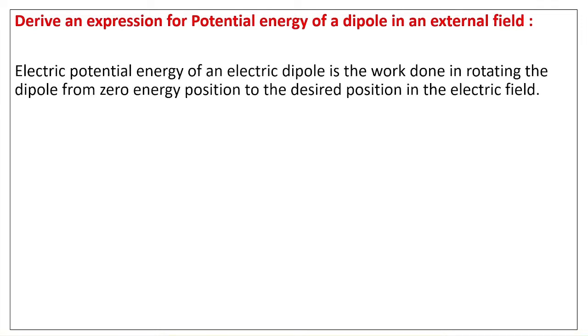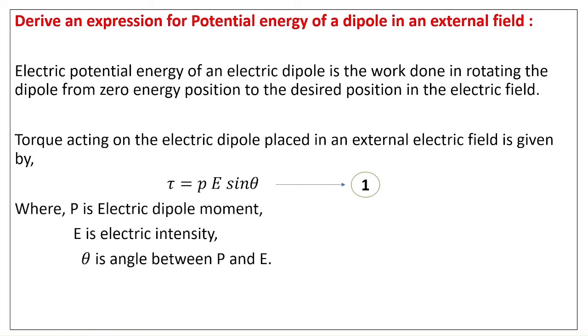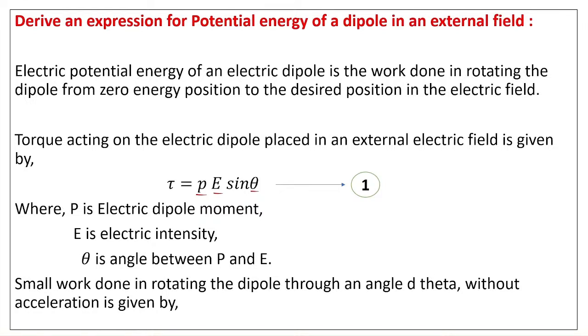Electric potential energy of an electric dipole is the work done in rotating the dipole from zero energy position to the desired position in the electric field. Torque acting on the electric dipole placed in an external electric field is given by τ is equal to PE sin theta. Mark as equation 1, where P is electric dipole moment, E is electric intensity, theta is angle between P and E. Small work done in rotating the dipole through an angle d theta without acceleration is given by